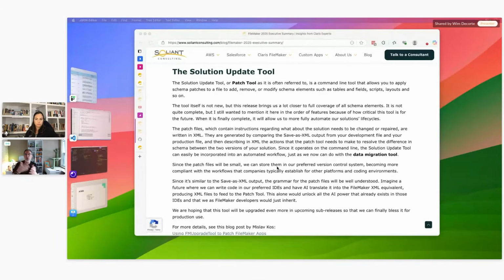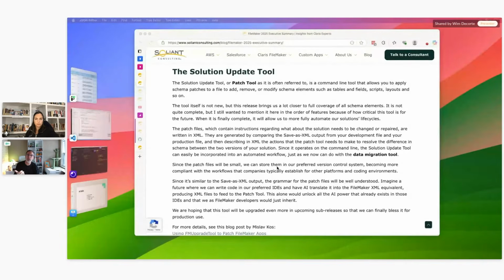All of the go-lives that all of us FileMaker developers have been doing for decades have taken the form of, we have our development copy of the file, we drop all the data from that, we use that as a new empty clone that will become the production one. We take the production file, we move all the data into our copy of the development file. Used to be we had to script all of that, and it could be a very lengthy process. Along the way, we were given the data migration tool, which makes this a lot faster. And not only faster, because it's a command line tool, we can automate it. AutoFMS is a great example of that, where it's automating a lot of that under the hood stuff.